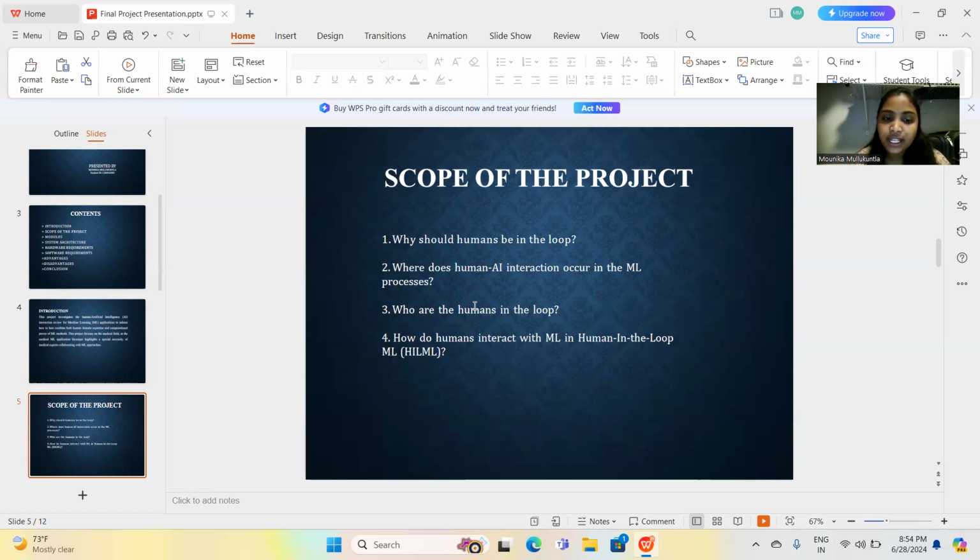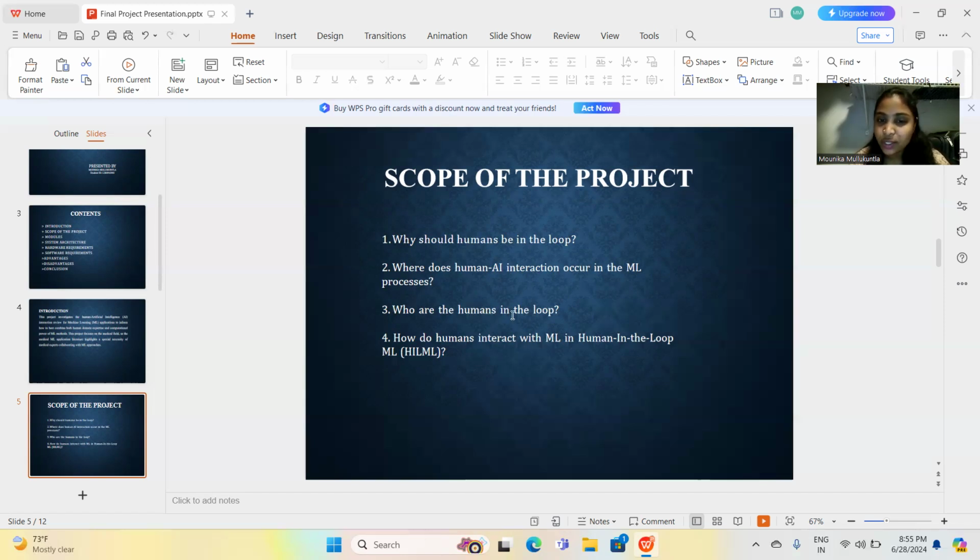So once that is done, it will go for validation. Human experts validate the model's predictions, ensuring that it performs well on real world data. As we are taking the medical field, it will go on real world data. Next, it will go for deployment and monitoring. In this phase, humans monitor the model's performance and make necessary adjustments based on feedback from new data.